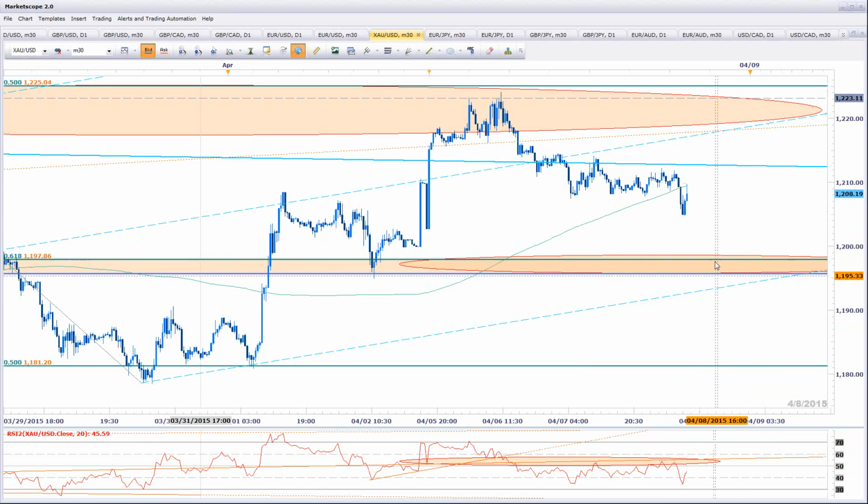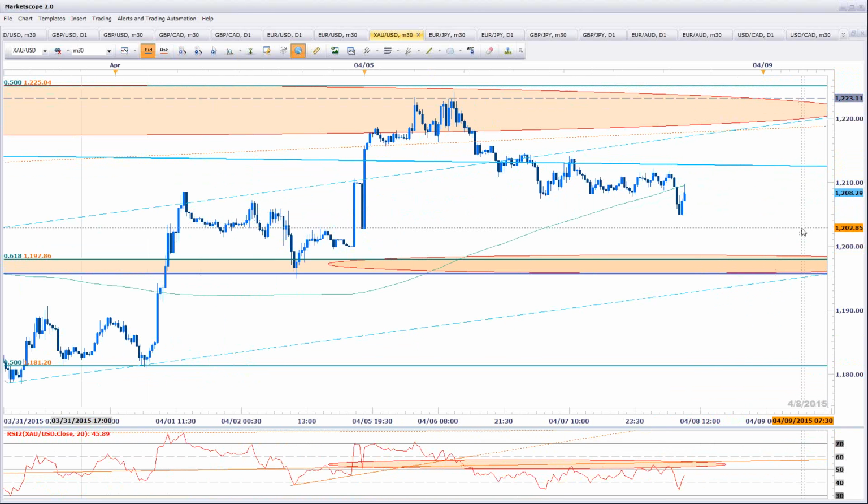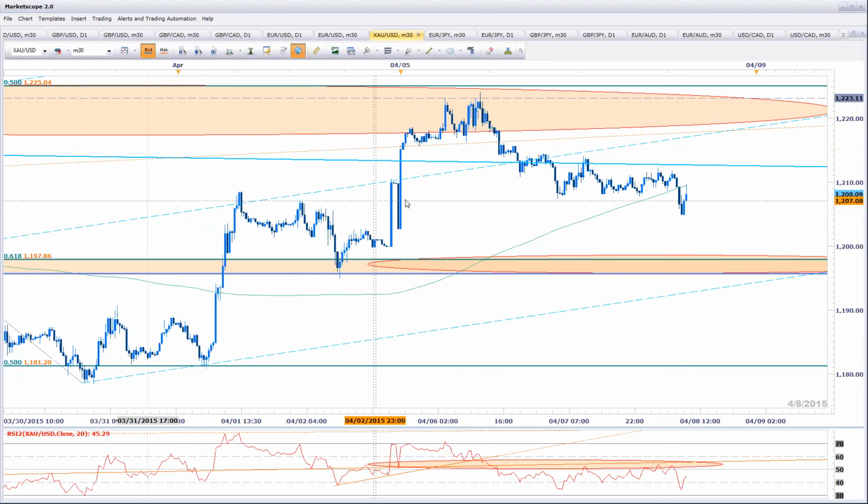I'd be looking for long exposure as you get next to this 1200, or I'd be looking for that break above 1225, or opening range break to the upside that takes me above 60 in momentum, and I'd start looking back at 1225, 1223. So I don't really like it here. You're right in the middle of the range. And in fact, if you take the opening range for the week,